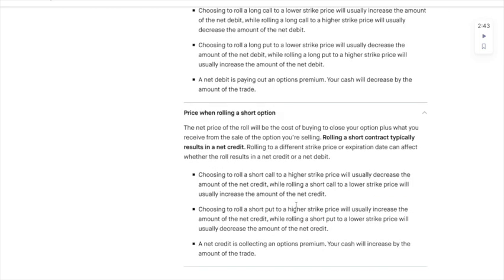Okay, so let's talk about rolling a short option, okay? So when you roll a short option contract out in time, typically it should result in a net credit. And as an option seller, you want a net credit. And there's a bunch of different reasons why you want a net credit. And basically it comes down to you're giving